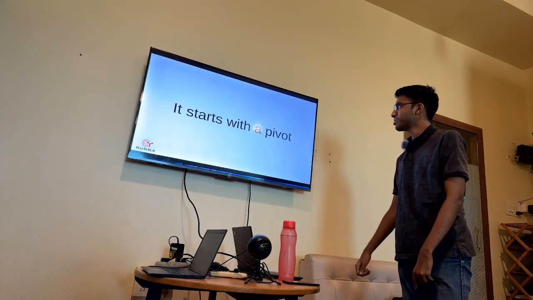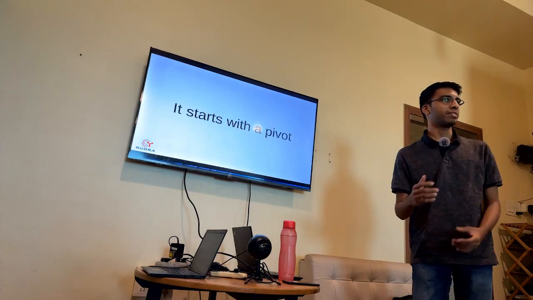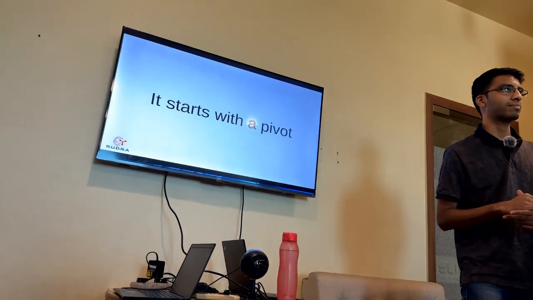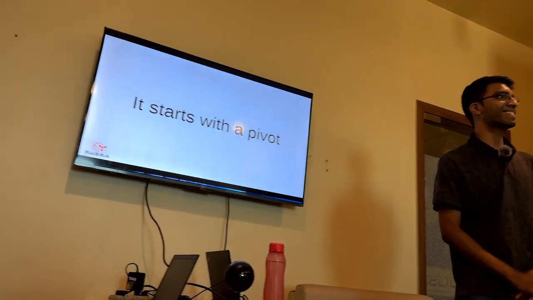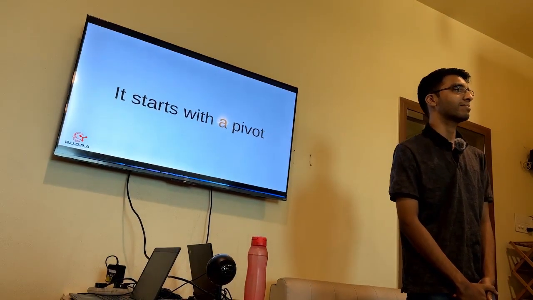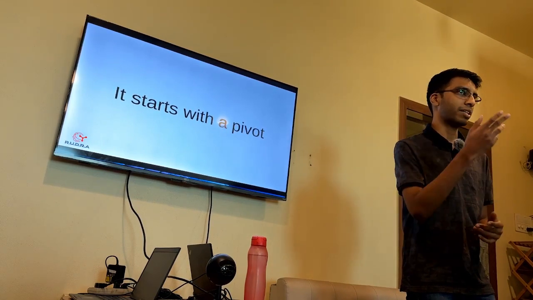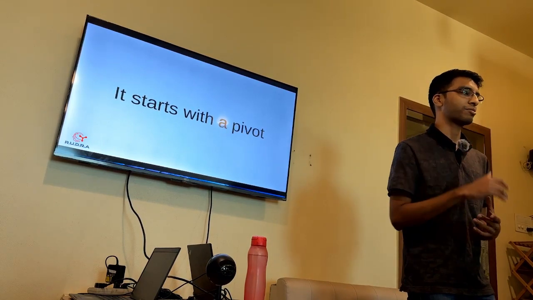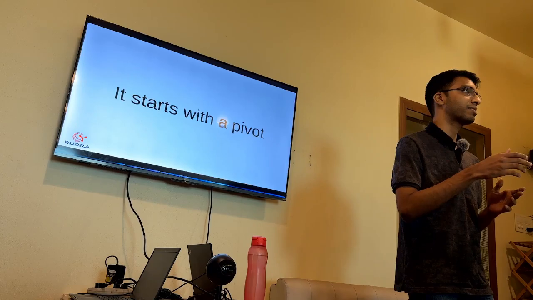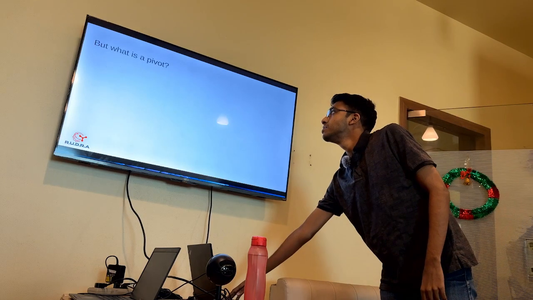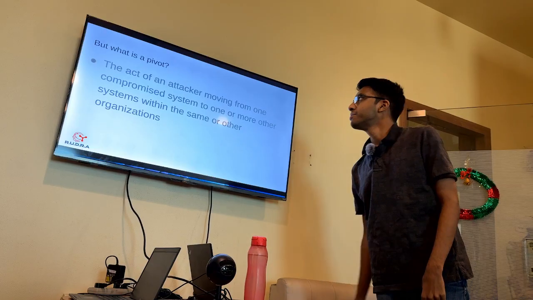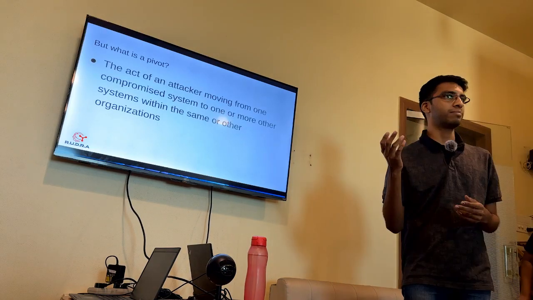So it starts with a pivot. Anybody knows what's a pivot in cybersecurity? Yeah. Go on. Earn it. Basically, moving laterally from one machine to another. Okay, cool. So correct. So you start off in one place. You want to go somewhere else. So to go to that somewhere else, you effectively do a pivot. That I want to go over there, I'll go there. So pivot is the act of moving from your initial point of entry to your target system.